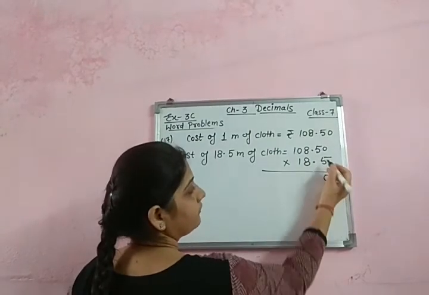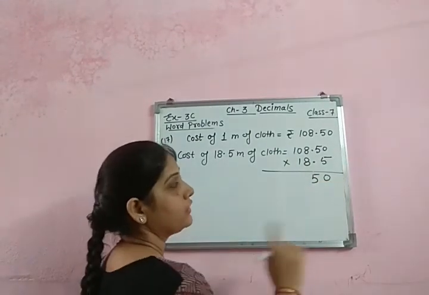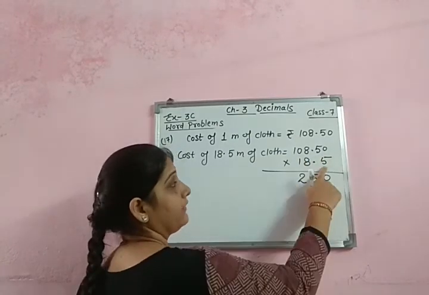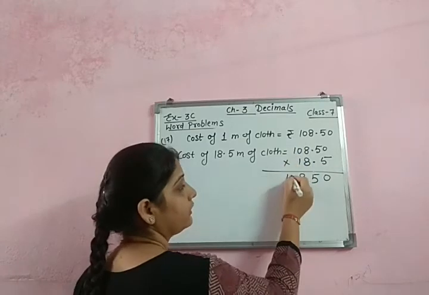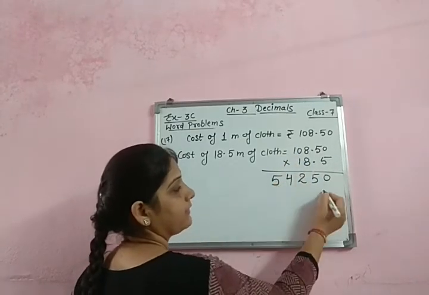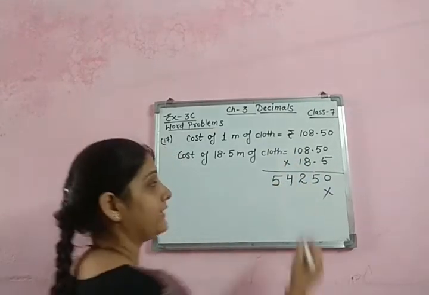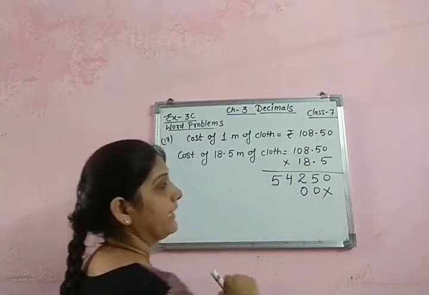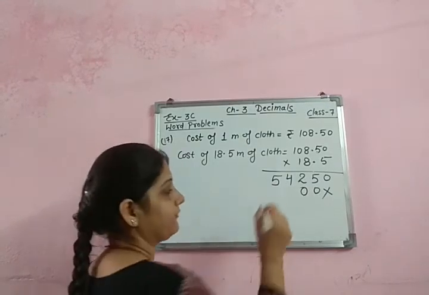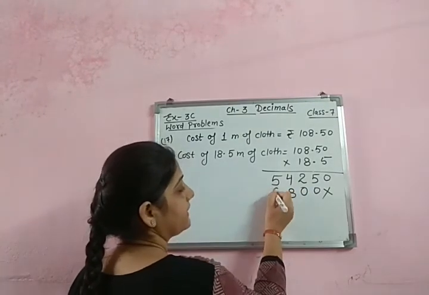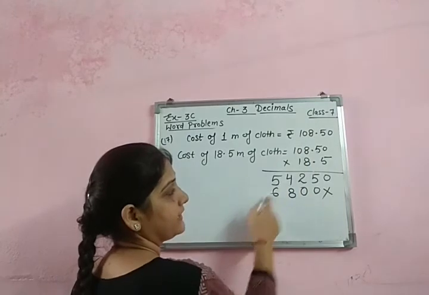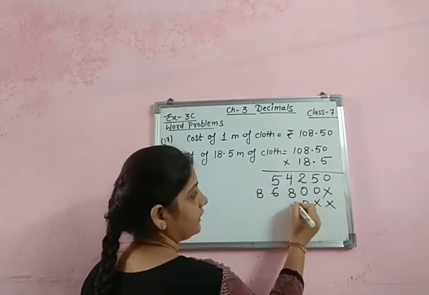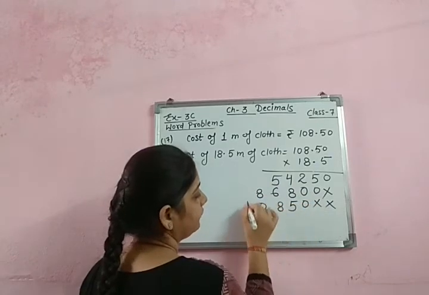5 zeros are 0. 5 fives are 25. 2. 5 eights are 40 and 2, 42. 4 will be carried. 5 zeros are 0 plus 4, 4. And 5 one time give us 5. Now by 8, 8 zeros are 0. 8 fives are 40. 8 eights are 64 plus 4, 68. Then 6, which is carry, written as it is, 8 one time, give us 8. Now by 1, 0, 5, 8, 0, 1.